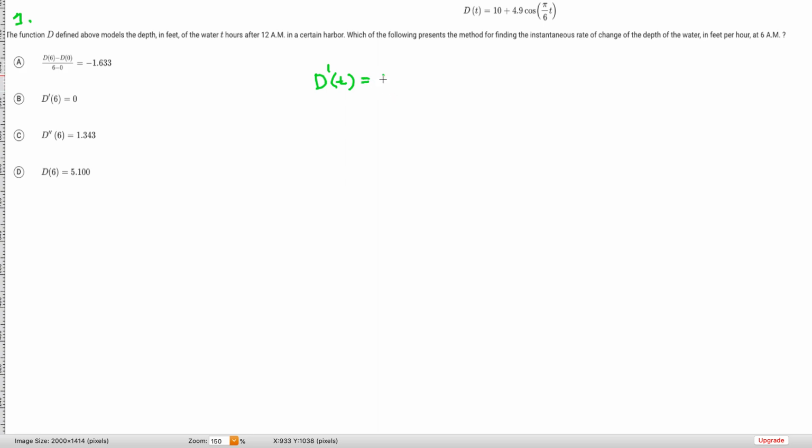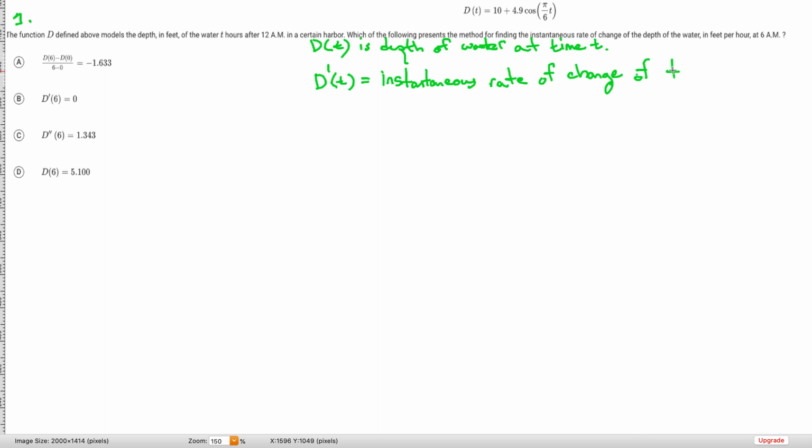is the instantaneous rate of change of the depth of water in this case, because you have it where D of t gives you the depth of water at time t, then that means that the derivative of this function is going to be the instantaneous rate of change of the depth